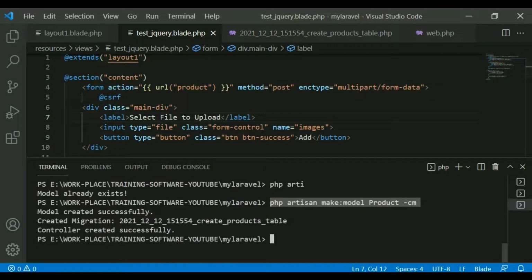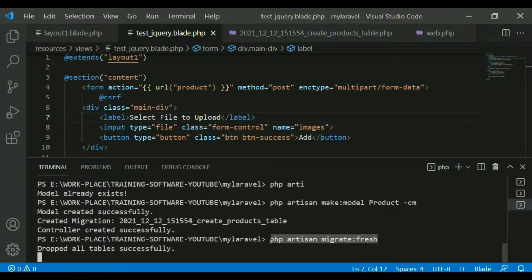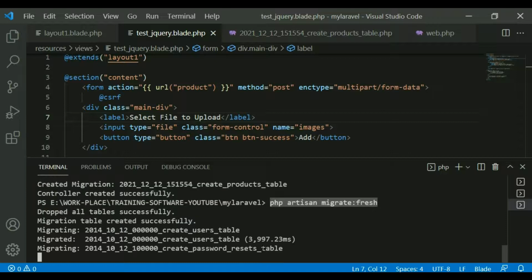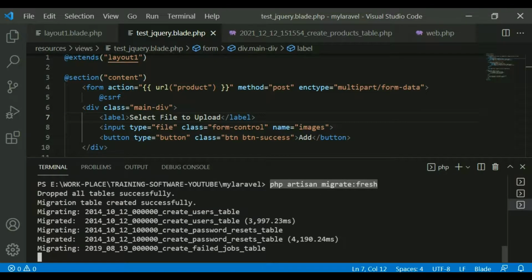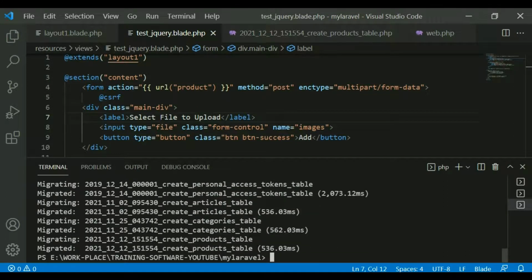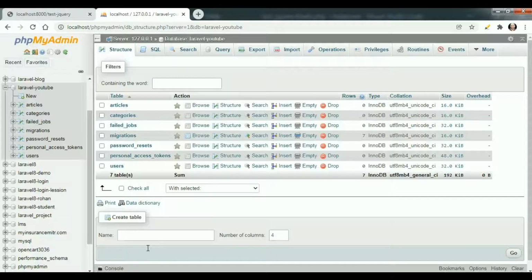command prompt and just run the migration, php artisan migrate. This particular command will run the migration and create my products table. So it is running the migration, all migrations are running, and at the end, if you see, it will create a products table. You see, the products table has been created. If you go to the database here and refresh it,